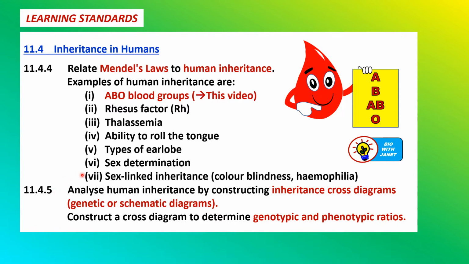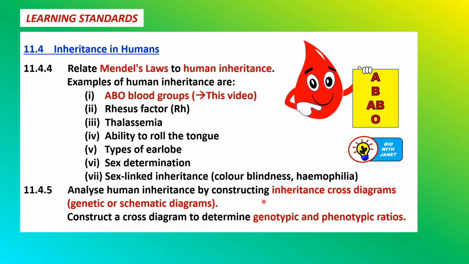So it depends on the time that we need. So we'll try to discuss some of these as we go along. Apart from ABO blood groups in this video, we try to discuss rhesus factor and thalassemia. Now, other than that, we are going to analyze human inheritance by constructing inheritance cross diagrams. Now, this is according to the